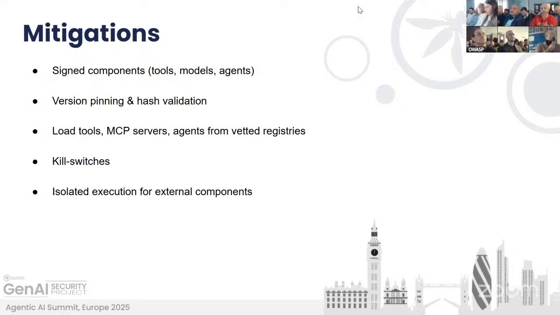Also, for the way you get these external agents or MCP servers, you could use additional gateways in your organization to avoid having untrusted MCP. Let's say the example is Postmark, having a new version of the MCP server which was not tested, which is untrusted. But if you go through the company's gateway, your security team would be able to protect and avoid the data exfiltration in this case.